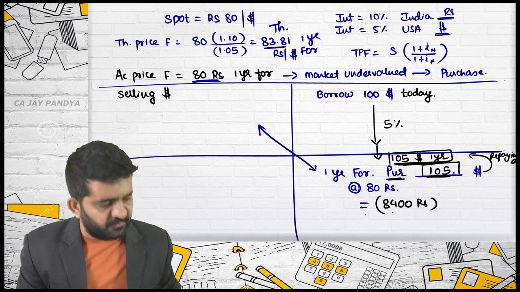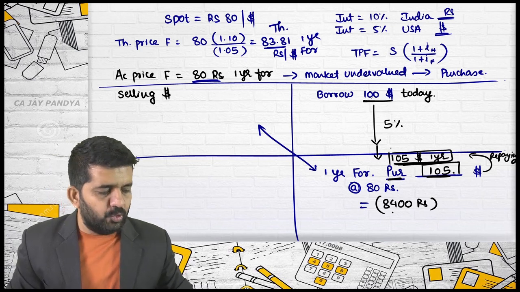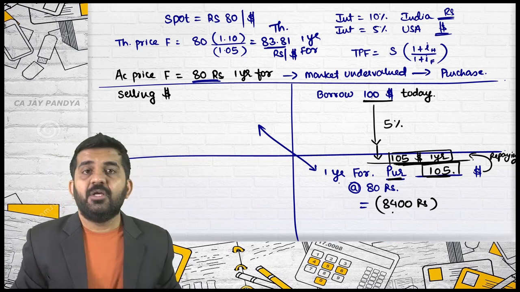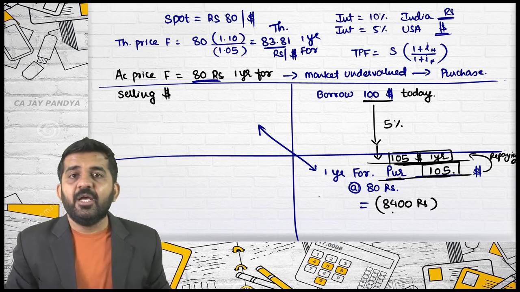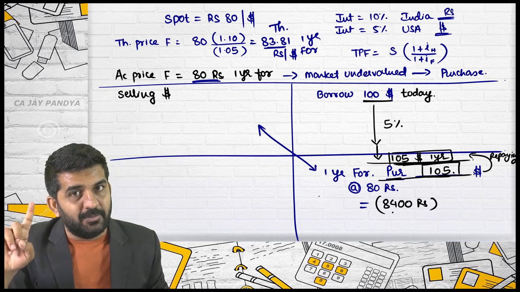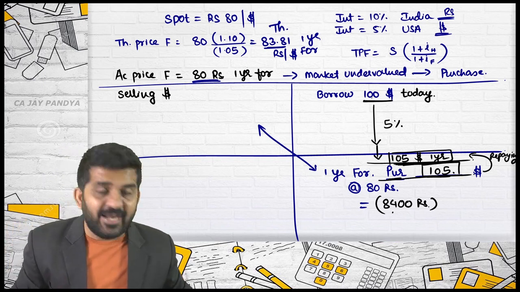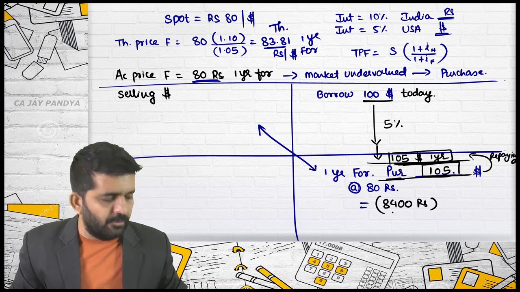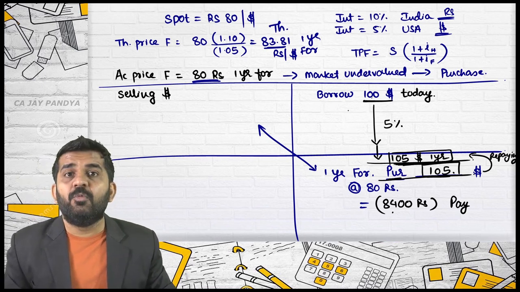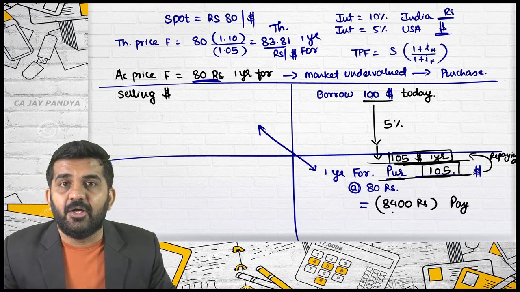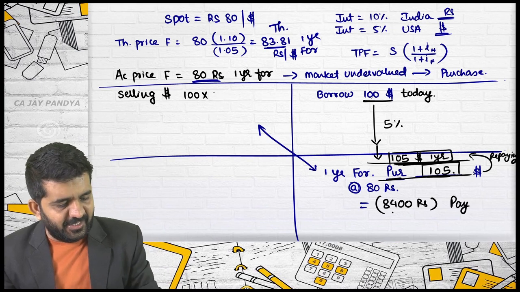So you will be paying 8,400 rupees after 1 year. Try to understand. You have borrowed $100 today. You will have to repay $105 after 1 year. But you have already entered into a purchase of dollar contract of $105, so you will be getting $105 by settling that forward contract through delivery. That you will be repaying in this loan. For purchasing this $105, you will have to pay 8,400 rupees. But what you will do with the borrowed $100 today is sell it at the rate of rupees 80.